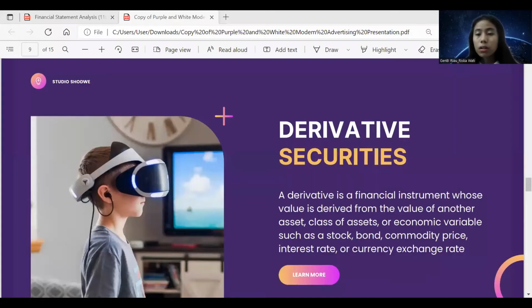Okay, guys, so now I'm going to explain to you about derivative securities. What are derivative securities? But before that, we have to know that companies nowadays are exposed to different types of market risk. This risk arises because the profitability of business operations is sensitive to fluctuations in several areas, such as commodity price, foreign currency exchange rate, and interest rate. To lessen this market risk, companies enter into hedging transactions. So hedges are contracts that seek to insulate companies from market risk.